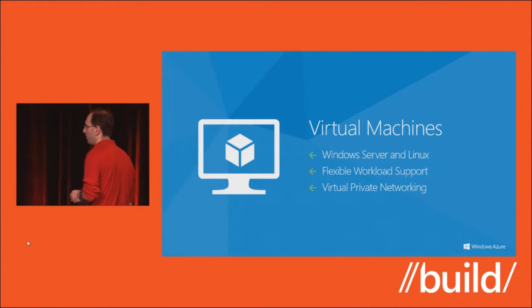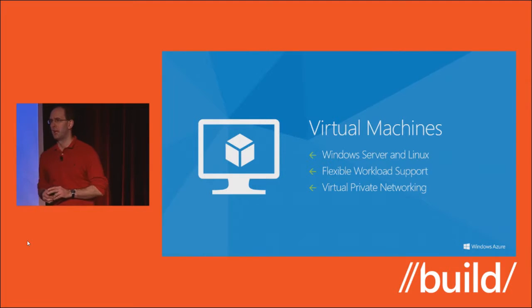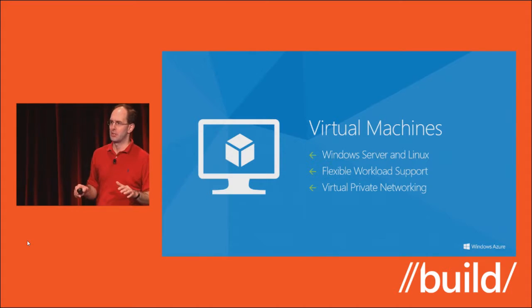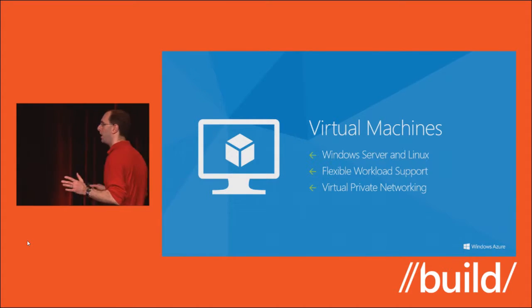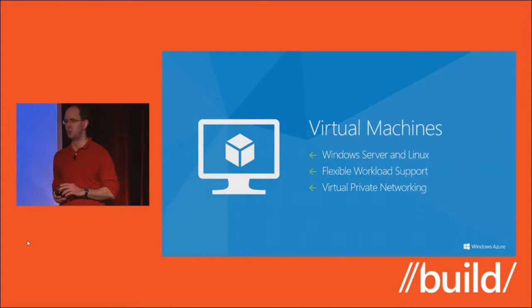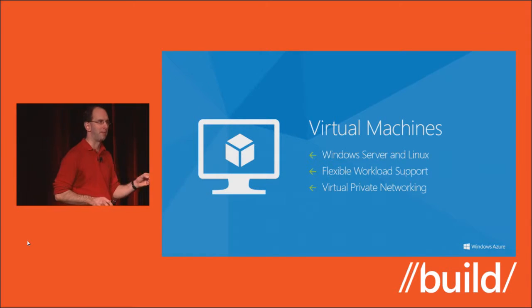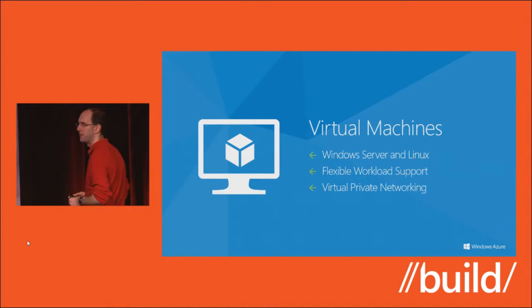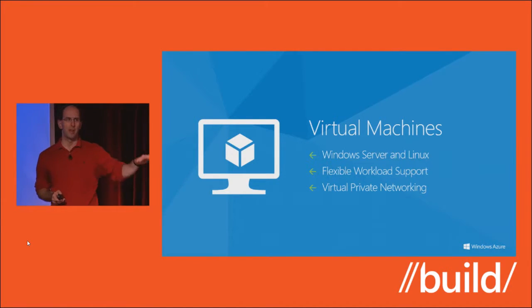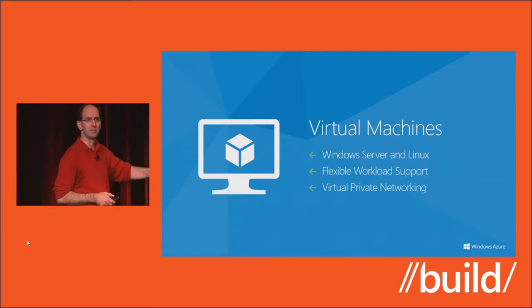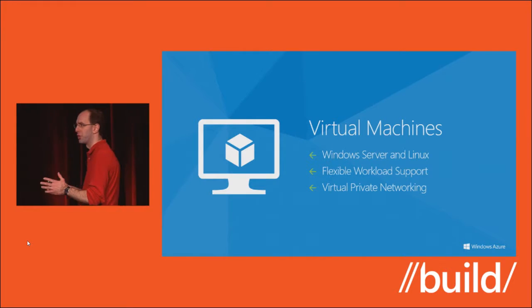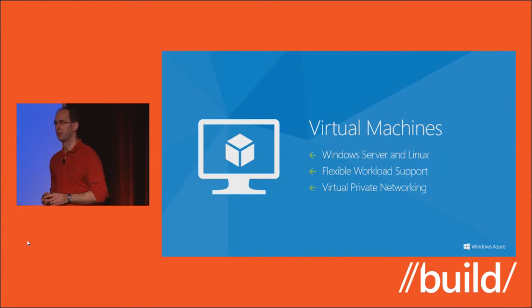We also support virtual private networking capabilities so that you can very easily stand up your own virtual private network to join the machines together, that's private just to your application. We also support the ability to create a virtual private network that can connect your apps running in the cloud with your on-premise environments. So if you already have, for example, a VPN set up in your organization, you can very easily join that network with Windows Azure in a secure way and isolate your workload across it. Let's go ahead and see some demos of this in action.